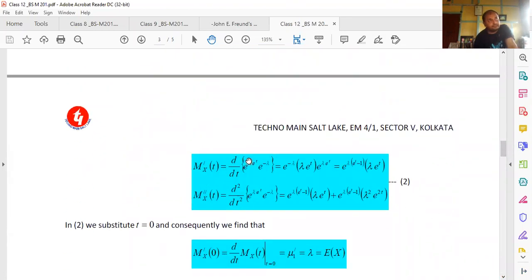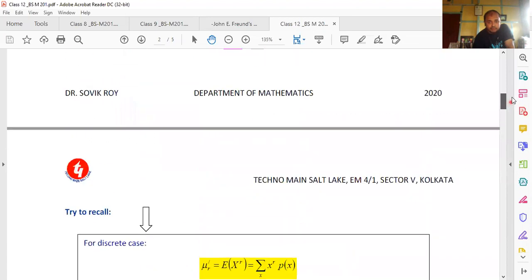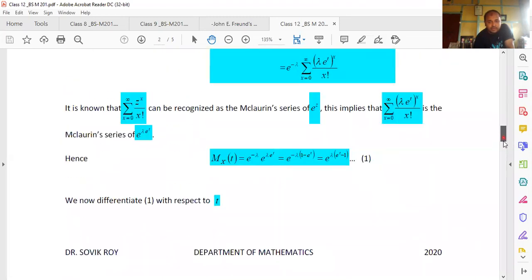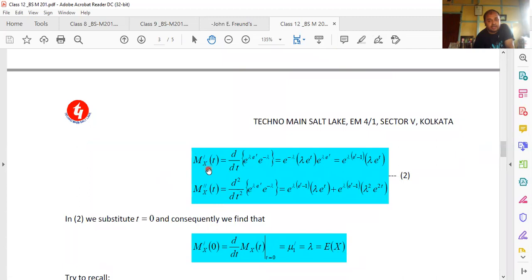Now by the theorem which I gave you above, this is a very important theorem, we are going to take the help of this particular theorem below. What we have done over here is that we have taken the first derivative of the moment generating function, which we denote by M_X'(t), which is d/dt of the expression. After the derivative, we get this expression. I'm not going to explain this because it is a matter of calculation. Double derivative when taken gives me this expression.